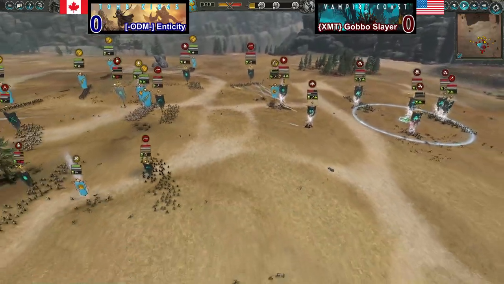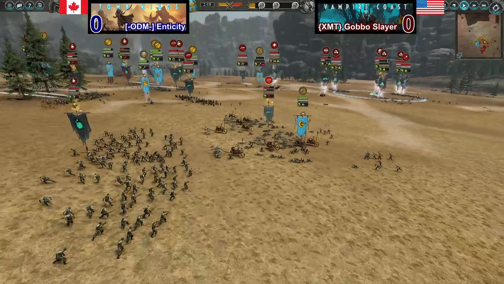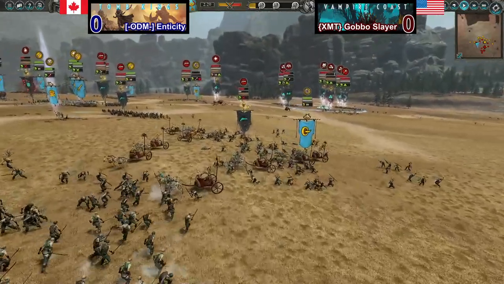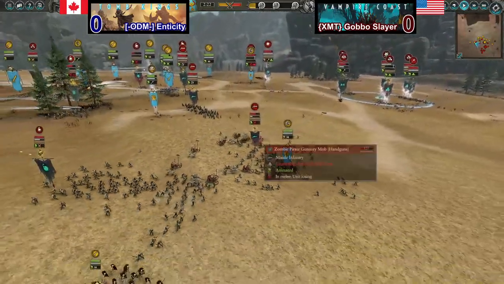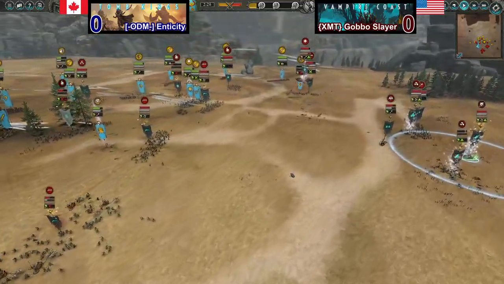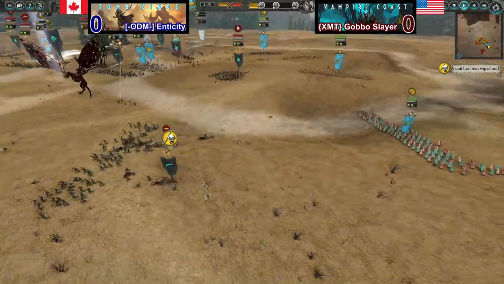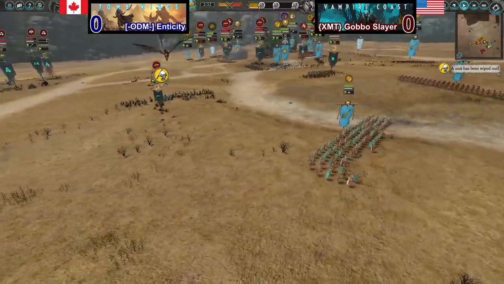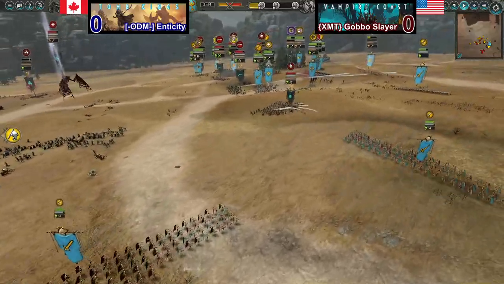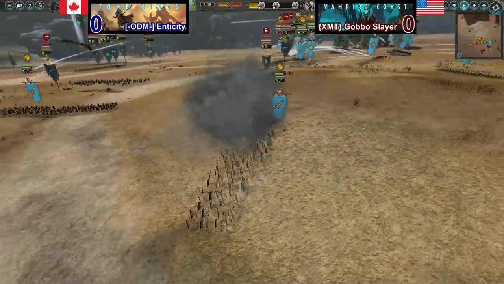They are a very fragile unit, not tanky at all, but look at the damage output when they do get on top of their targets, and these guys are just doing a ton of damage to the Zombie Pirate Gunnery mob. Well, these ones are going to get shattered by the Gunnery Mob handgun fire. But all is not lost. We have Skeleton Warriors closing the gap, and it's time to see if they can neutralize this Vampire Coast ranged